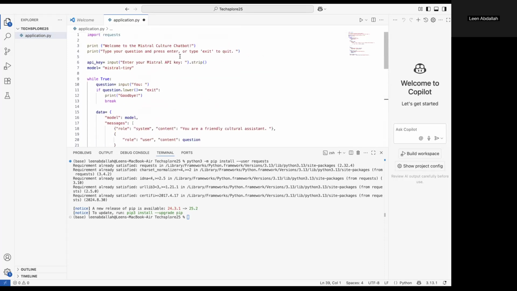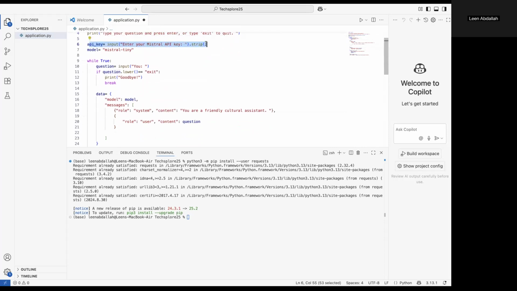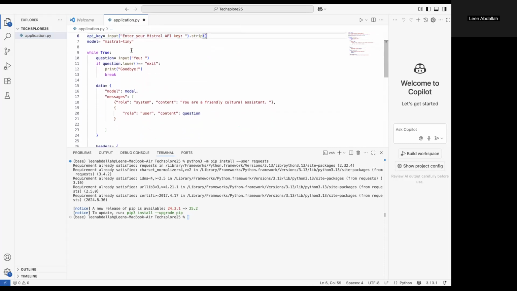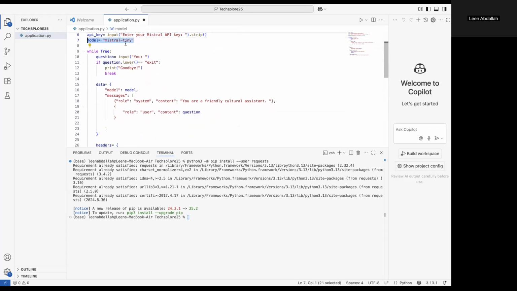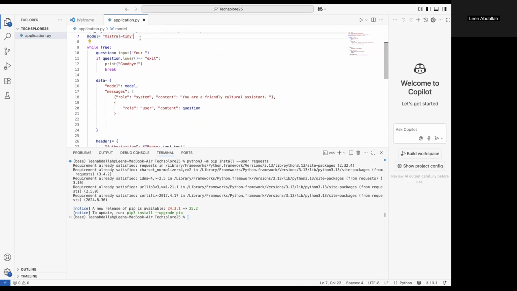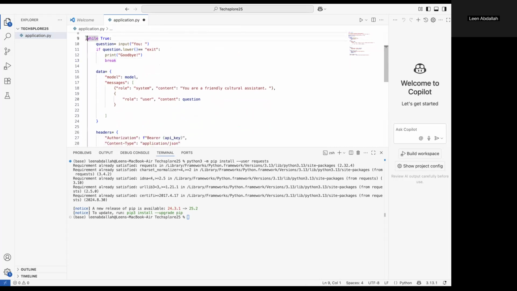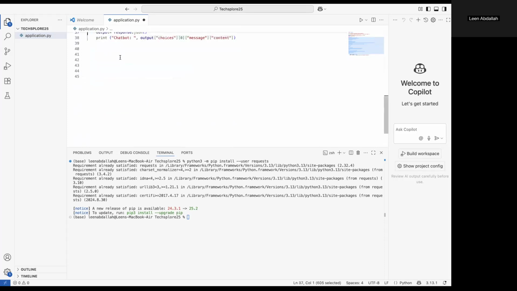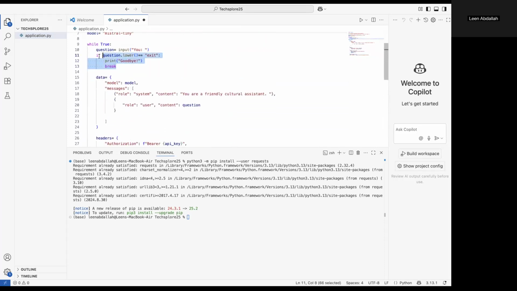So here, we're going to review everything really quick. First of all, we imported requests. Requests is the library that will communicate with the web or AI service. We sent a welcome message. We sent some instructions. Here, we took the API key from the user, and we set what model, or the AI brain, we're going to use, which is Mistral Tiny. Here we started with a while loop, meaning that this whole code will keep running forever unless this condition